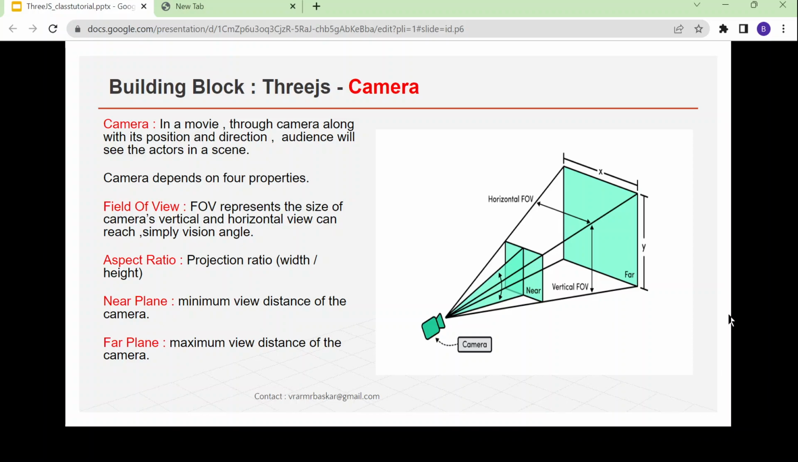Camera is another building block of the Three.js library. So again, I will go back to the movie example where, through the camera, the scene and actions will be captured. The camera is responsible for tracking the objects, props, actors, and sets in a particular direction or in a particular position. In the same way, in Three.js, the camera component is responsible for